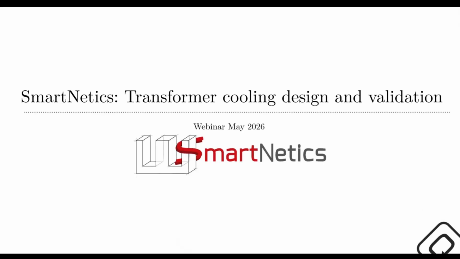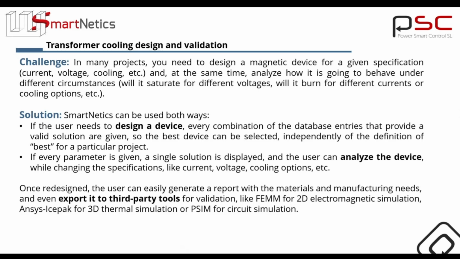For this particular example, we're going to try to cover one of the challenges we face when we make power converters, because as Miriam said, we also make the converter as a whole. We are a company centered in power converters, okay? And in many converters, we have the same problem. We need to design a magnetic component, an inductor, a transformer, whatever, for a given specification. For example, for the worst voltage case or the worst current or whatever. But then at the same time, we need to check how it's going to behave in a different situation with another voltage or another power or whatever.